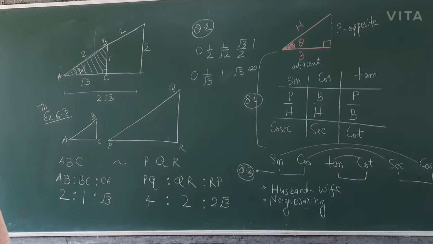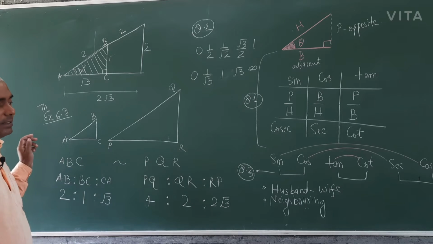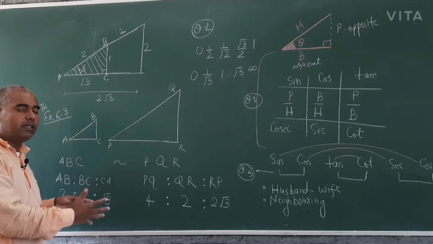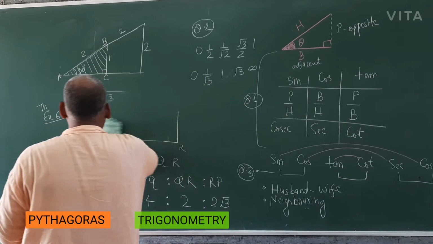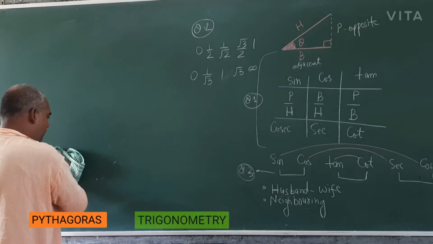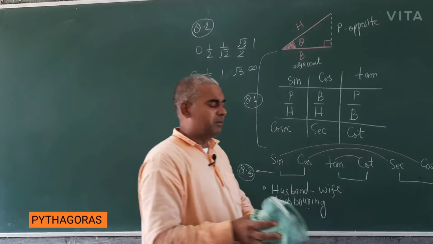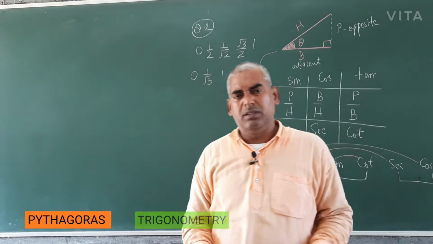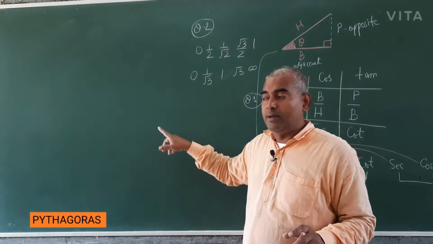Pythagoras theorem, page number 145, theorem number 6.7, 6.8. So Pythagoras theorem also comes in a new format in trigonometry, and that is sin square theta plus cos square theta is equal to 1. How? All of trigonometry is based on these fundamental theorems. And the other theorems you read, 6.1, 6.2, 6.3 in chapter number 6, are only different forms. The basic fundamental theorem is called the basic proportionality theorem.